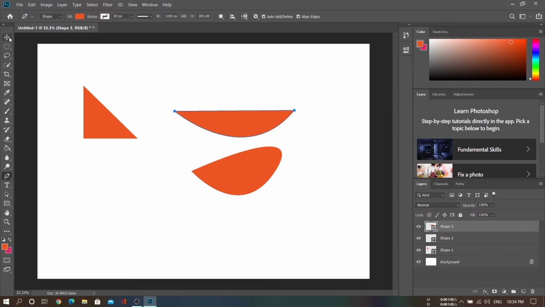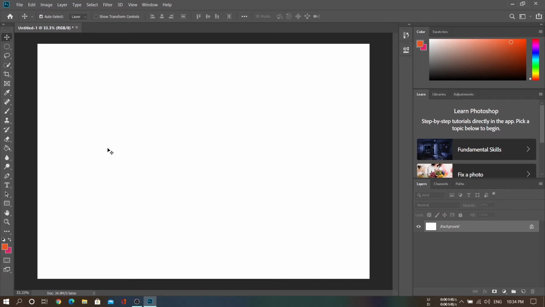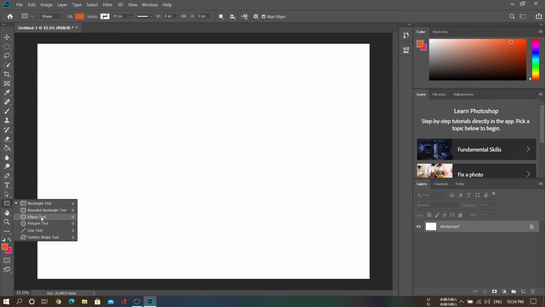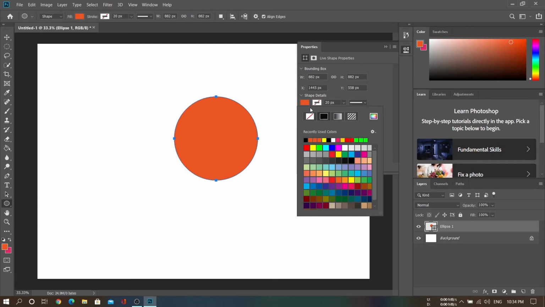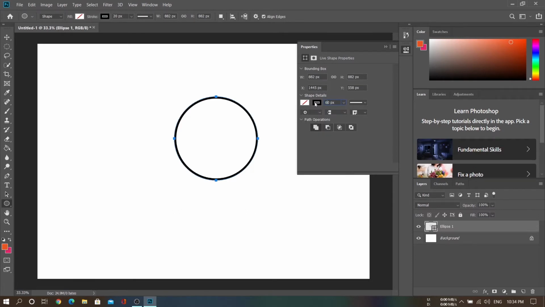First, I'm going to delete all this. For creating the shape, first we are going to make a circle. Hold Shift, create the circle. We are not going to fill this circle. We are going to have a stroke of this circle of black color and 60 pixels.